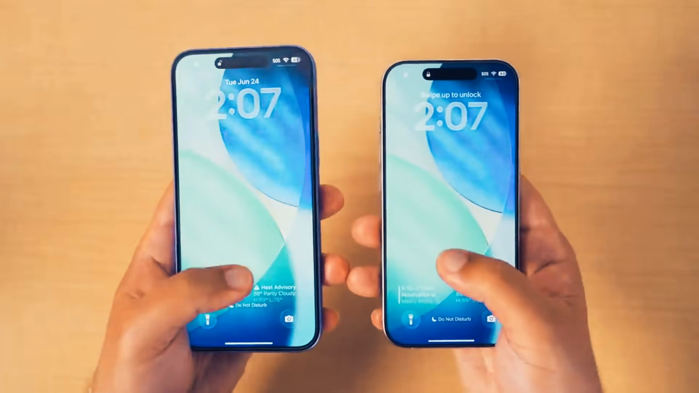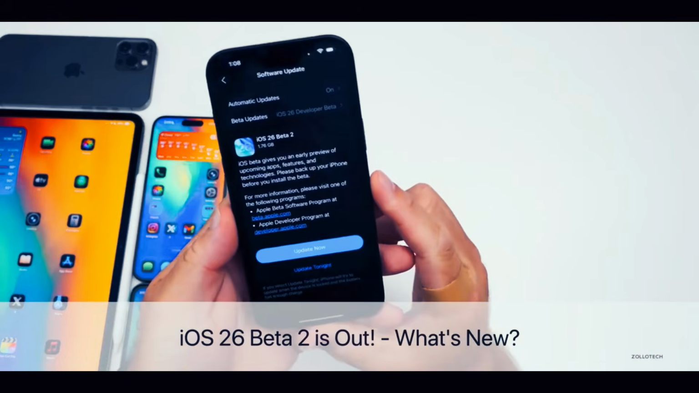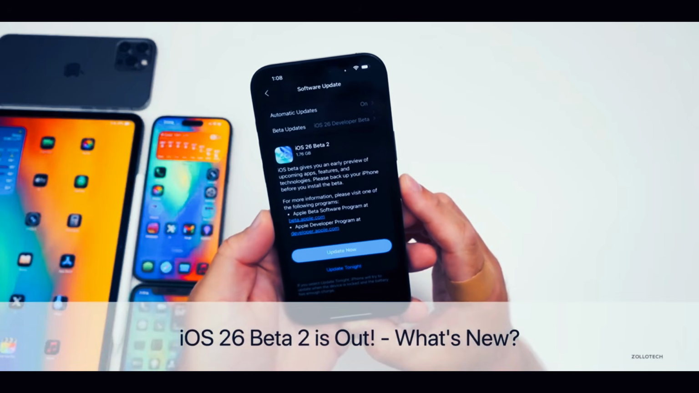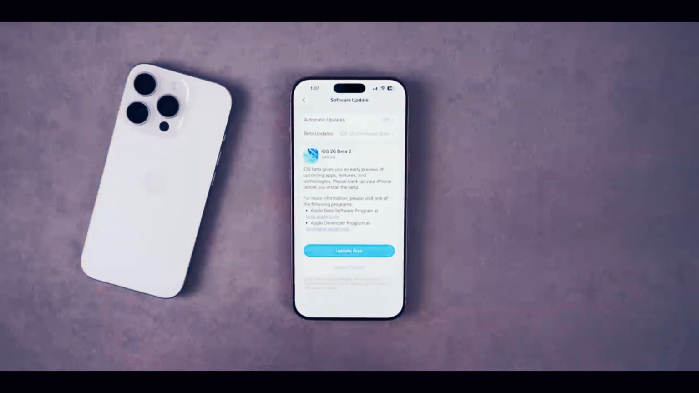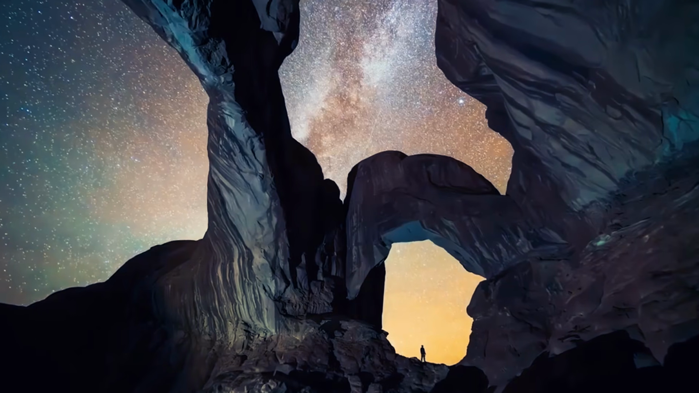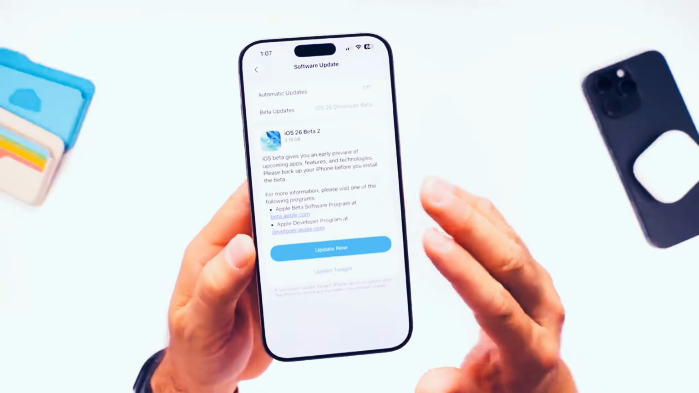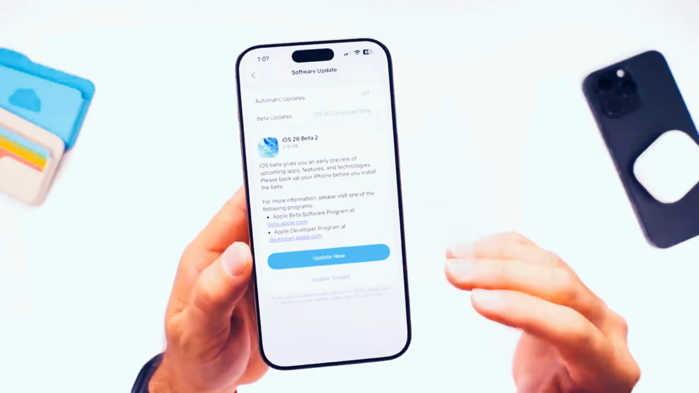On my iPhone 16 Pro Max, Beta 2 came in at 3.84 gigabytes. That's a big file, and pretty typical for an early beta cycle where Apple is still layering in major features and frameworks. If you're updating from Beta 1, be prepared for a long download and install time, especially if you're low on storage. The build number for this release is